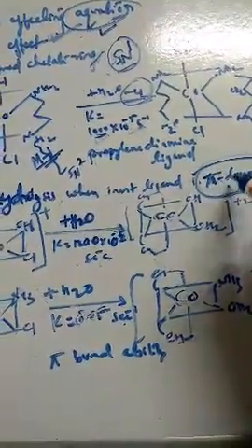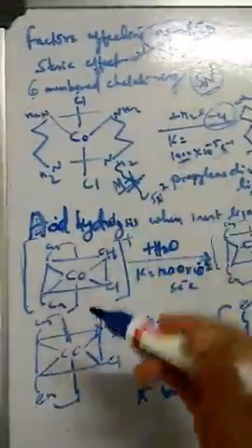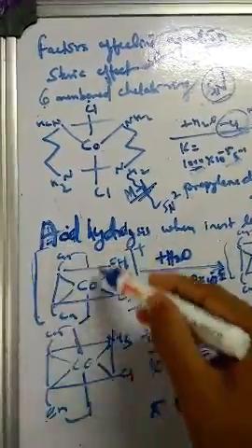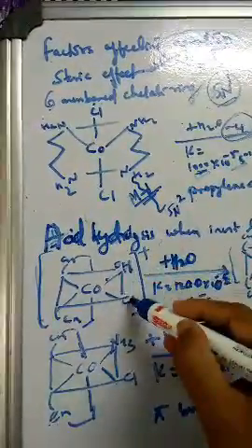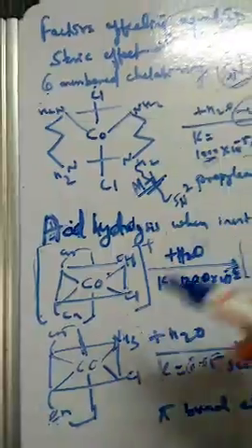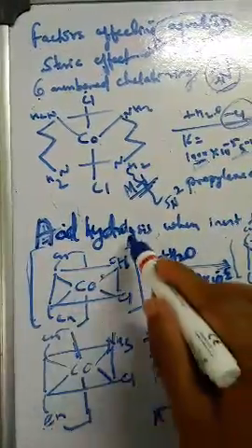Now the next concept is hydrolysis with the inert ligand with pi donor. This is very important, a new concept here. So how will a pi donor affect it? I have taken a complex of bis(ethylenediamine) cobalt hydroxo chloride, with OH and Cl, and this is a positively charged complex.